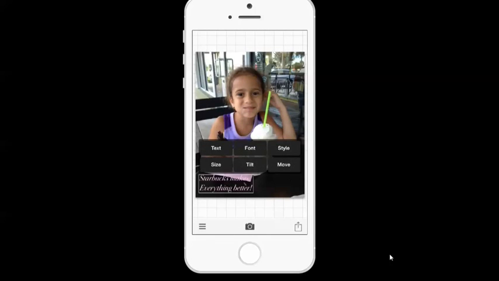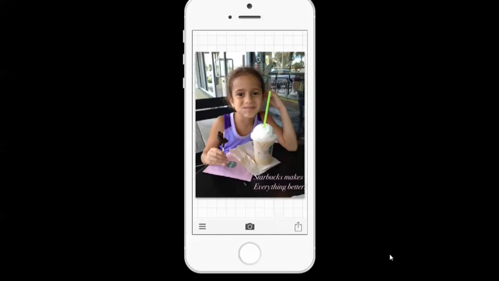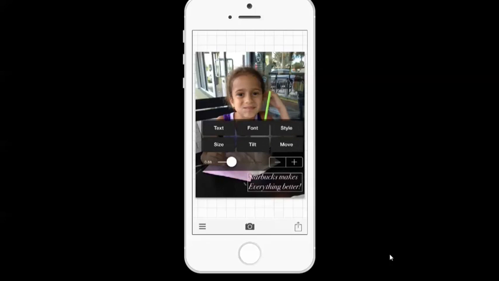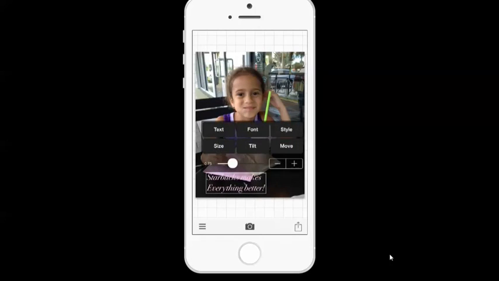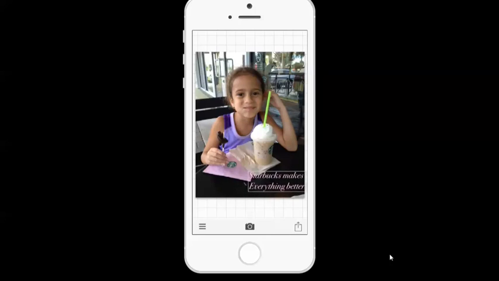I'm going to take a look at it. Alright. So here it is. I'm going to move it over here. I can also make it bigger by tapping on size. So you see here, we can also slide it. Let's move it over. Let's see, I think that if I make it smaller and move it over to here,